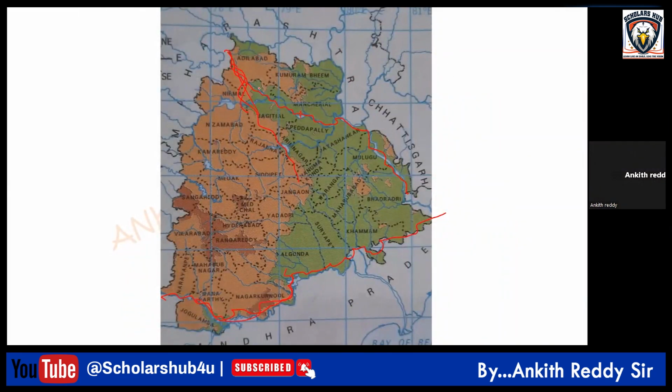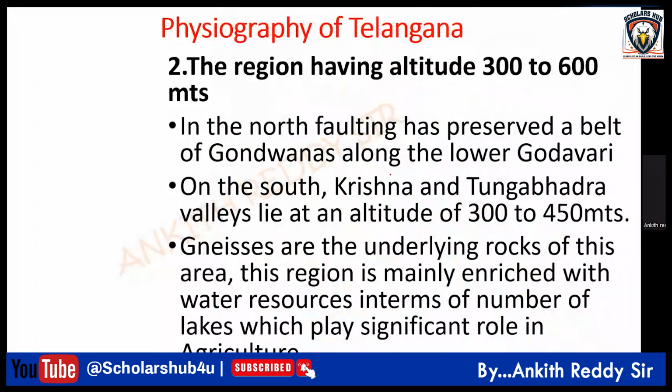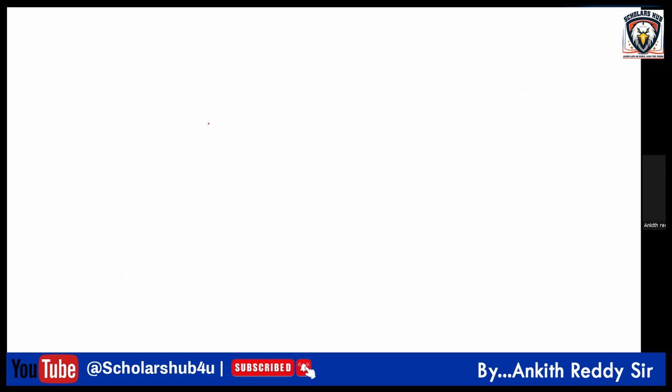Along the path of Godavari in this region you find the Gondwana coal rocks. The Gondwana coal rocks are found in the Godavari basin of this district. That's why you find Singareni colonies here, right, in this region. Along the lower region of Godavari you find Gondwanas, but not on the upper reaches. And once again, the rock underlying this region is gneiss. And whenever you find hard rocks like this,